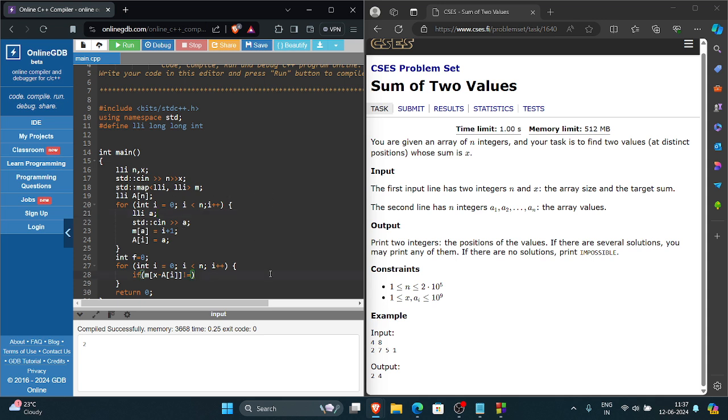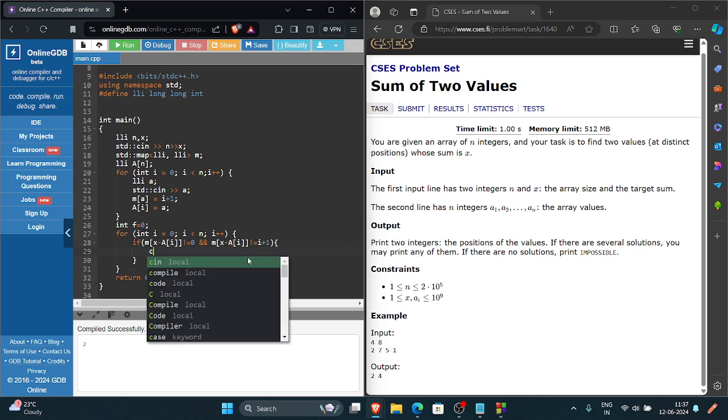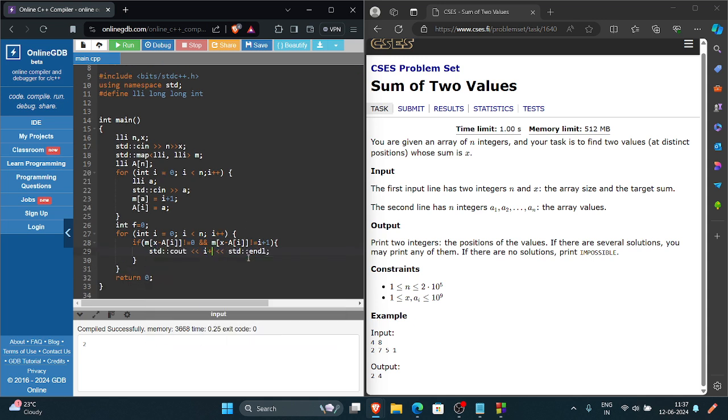It's better to have values from one onwards. If it's not equal to zero, and it's not equal to I, so we should check two cases, and it's not equal to I plus one. Remember, we output I plus one,